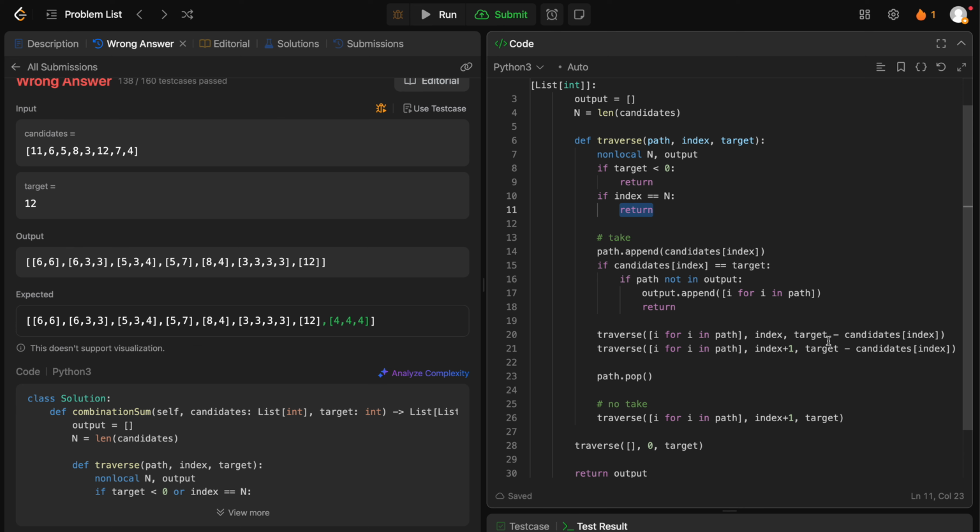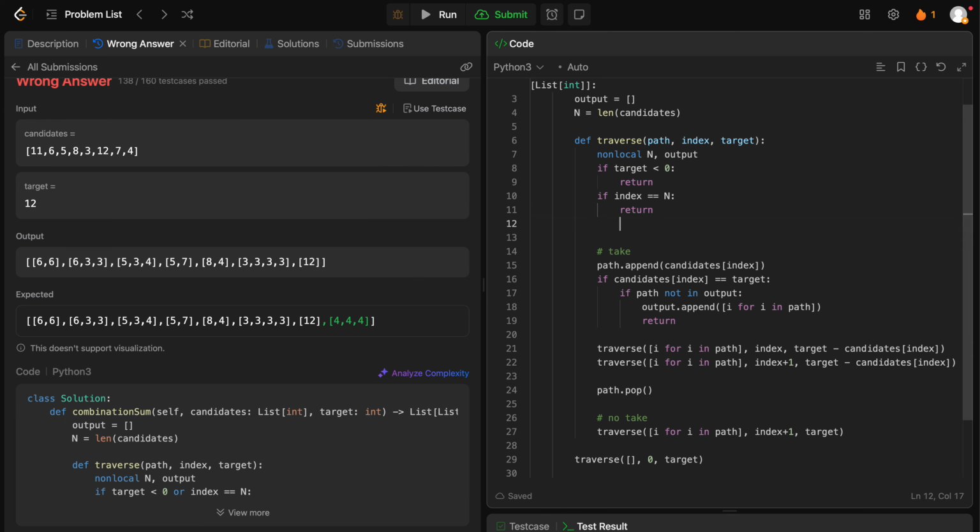I had to do take. Seems like an edge case, so if index is equal to n, I just return, and if